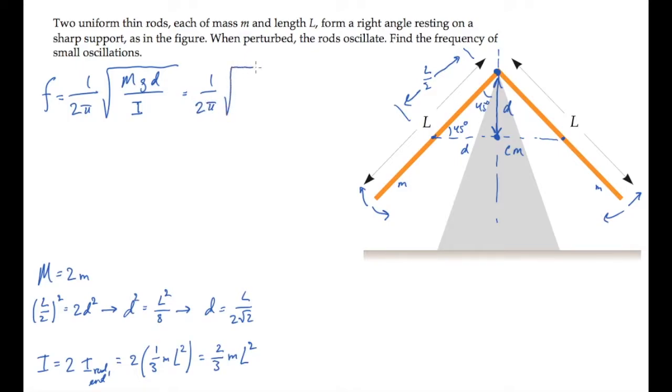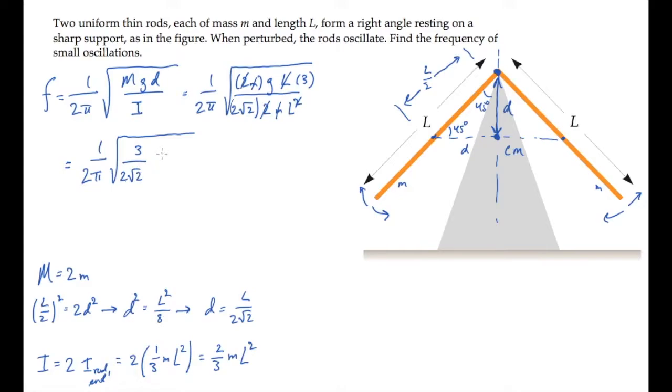We get 1 over 2 pi square root system's mass times g times L over 2 root 2 times the moment of inertia 2/3 ml squared. And now we simplify by canceling a 2 from numerator and denominator, canceling an m, and canceling an L. And rewriting, we see the frequency is 1 over 2 pi square root of 3 over 2 root 2 g